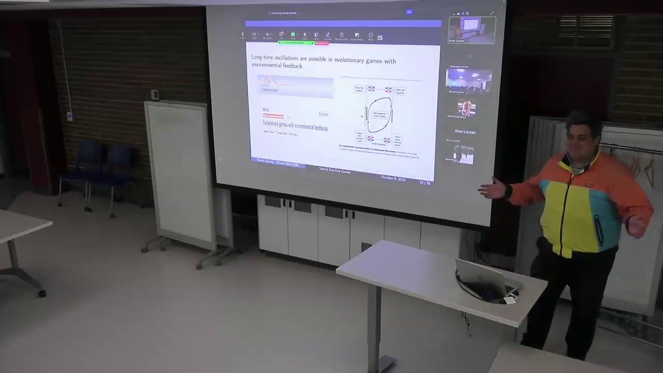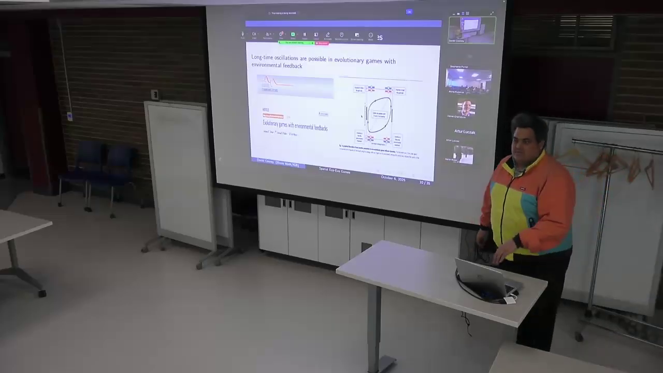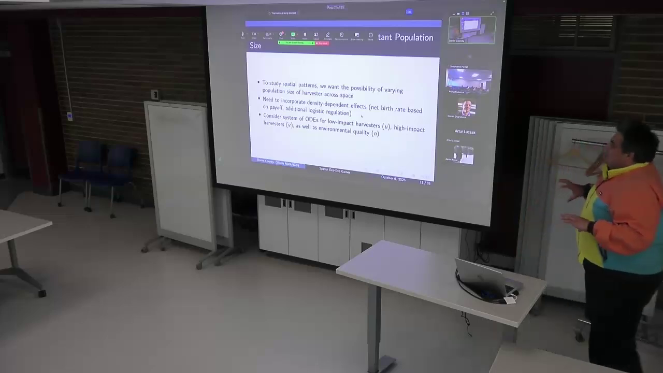We're not as interested in the non-spatial dynamics and the interesting dynamical behavior. We actually are curious about the case when there's an equilibrium: an intermediate level of low impact harvesting and an intermediate environmental quality that's an equilibrium under that coupled system. And we'll eventually be at,